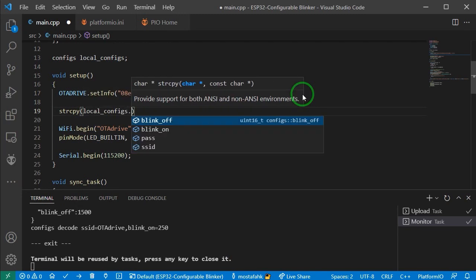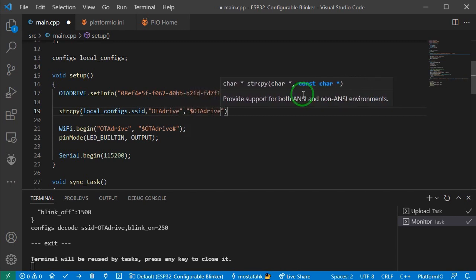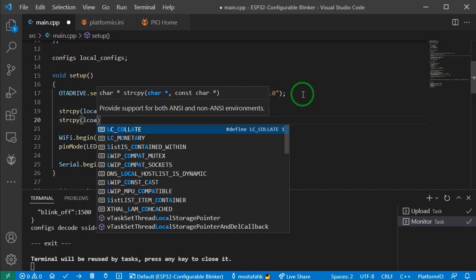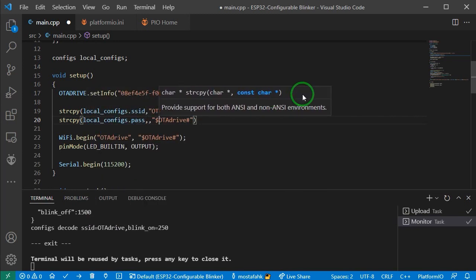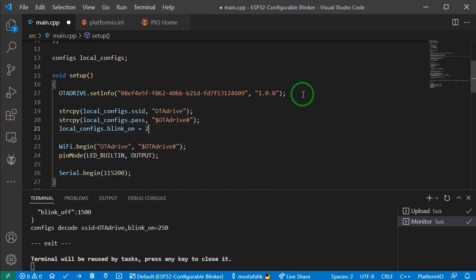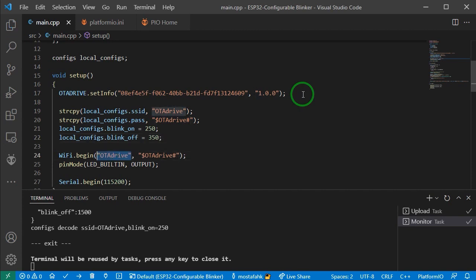Now we should initialize the configs object at the startup. Then we should use our config object anywhere, instead of constant values.